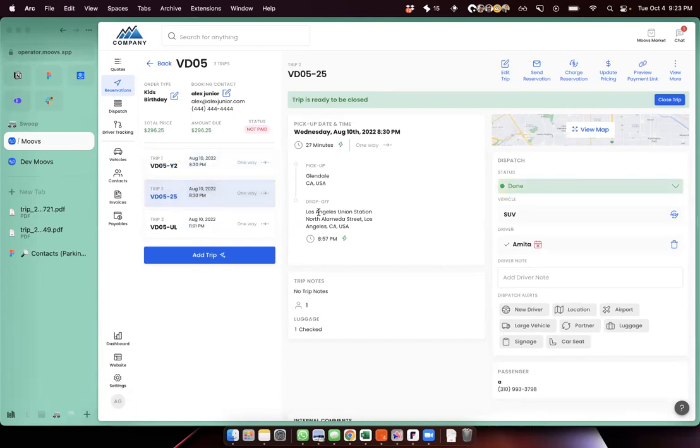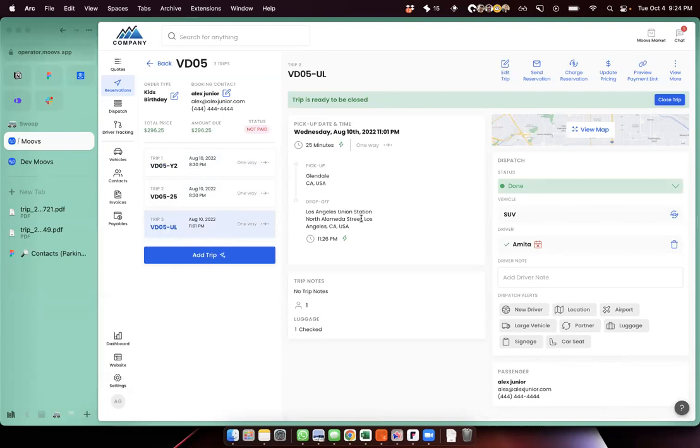Trip 2 is the beginning loop from the Airbnb to the venue. And then trip 3 could be the return trip, depending on how you create your trips for your customer, right? Whether it's one long hourly, let's say 1 p.m. to 11 p.m., or you split it into 2 trips, like 1 to 5 p.m. and then 8 to 12 a.m.